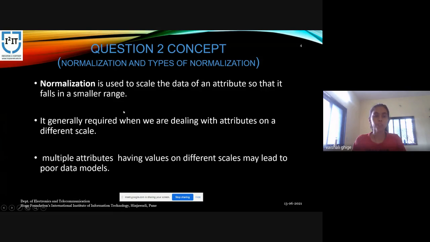So we can see in this example, the income is 1,000 times larger than the age. So these two features are in very different ranges. So the income being a feature in the larger range, it can influence the result more, though both the features are equally important. This will give us some wrong results. So we need to normalize the data before analyzing it. So we generally use it for data having different scales.